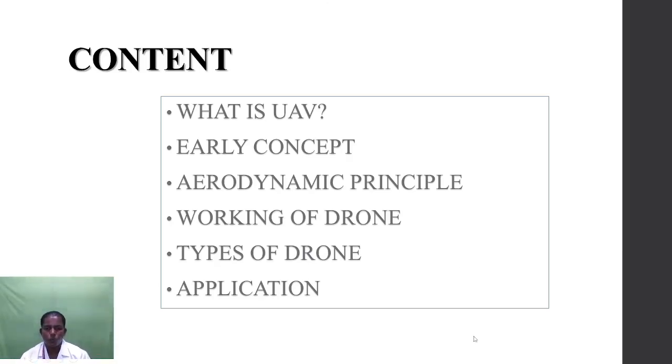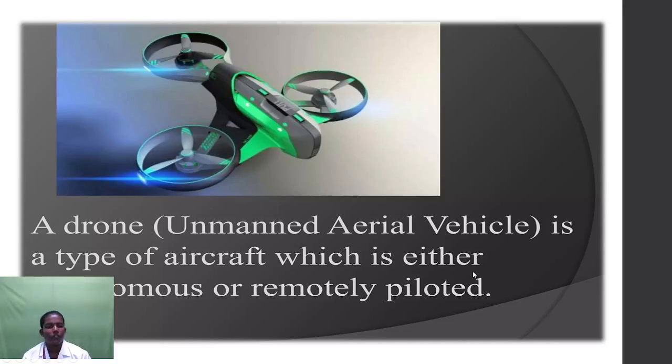What is a UAV? UAV stands for unmanned aerial vehicle. It is commonly known as a drone. Unmanned aerial vehicle and drone are the same, but we call it a drone. Unlike conventional aircraft, a drone does not require a pilot inside the aircraft. It is controlled remotely or by transmitted data. If you give data to the system, it will pass through to the drone and work accordingly. Otherwise, we control it with a remote control. We can operate the system remotely and